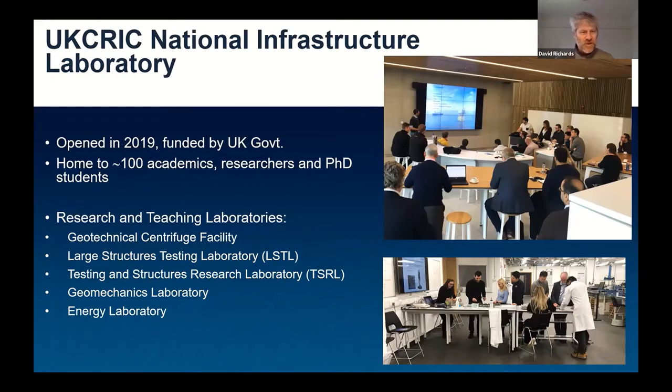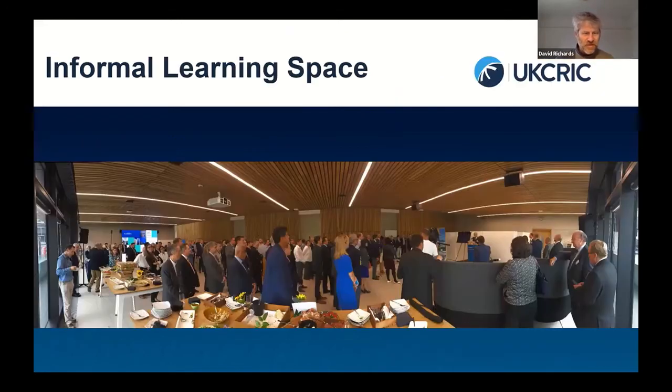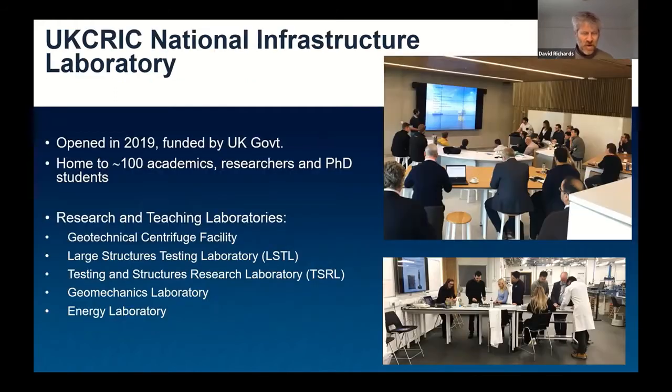So we have research teaching laboratories: the geotechnical centrifuge, strong floor, geomechanics lab, and testing and structures laboratory, which is the material testing. Our energy group has an energy laboratory from which they prepare sensors and apparatus for long-term monitoring of large buildings and domestic buildings and looking